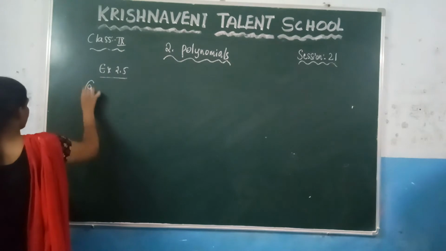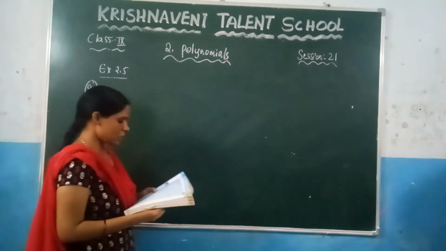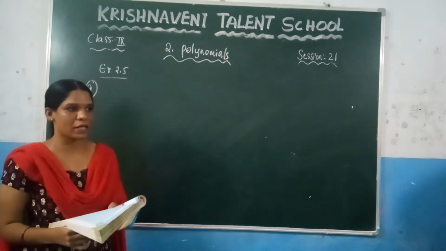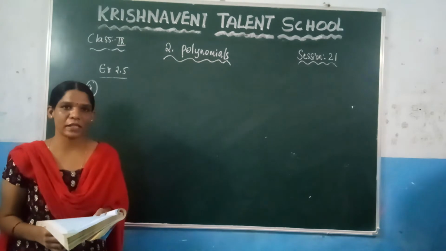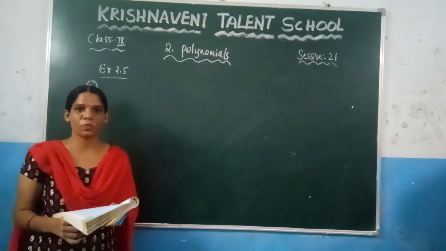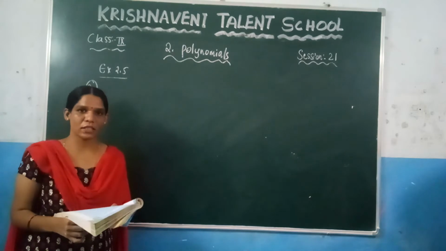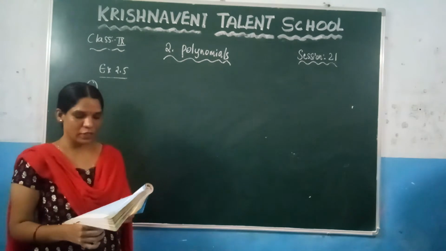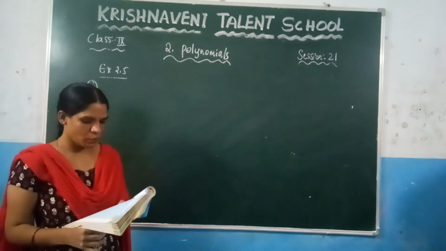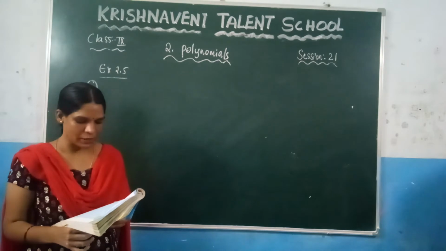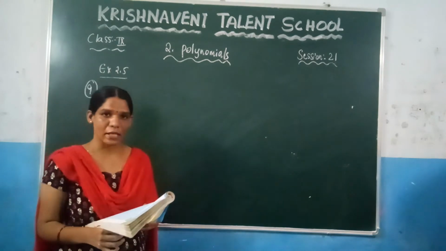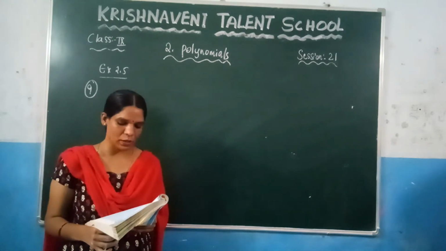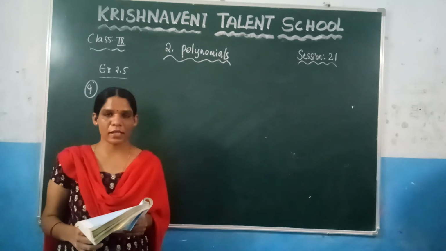Ninth question. So what's the question given here? Verify x cube plus y cube is equal to (x plus y) into (x square minus xy plus y square). And similarly they have given one more, x cube minus y cube, and you need to verify it is in the form of (x minus y) into (x square plus xy plus y square). Now you need to verify this using some non-zero positive numbers and check by actual multiplication. Can you call these identities? So they have given two problems here, x cube plus y cube and x cube minus y cube.